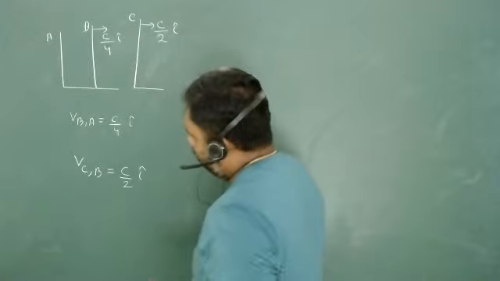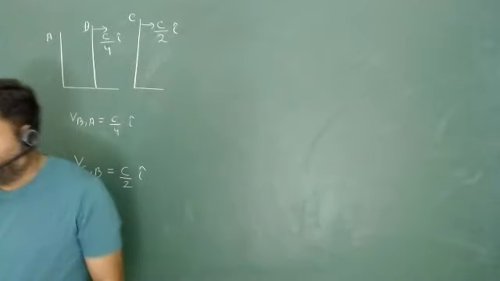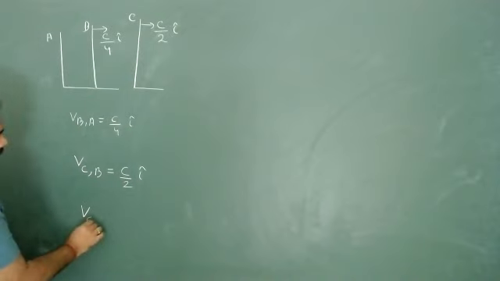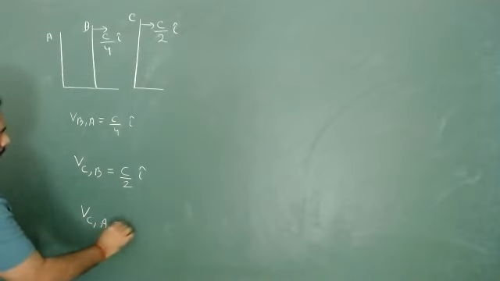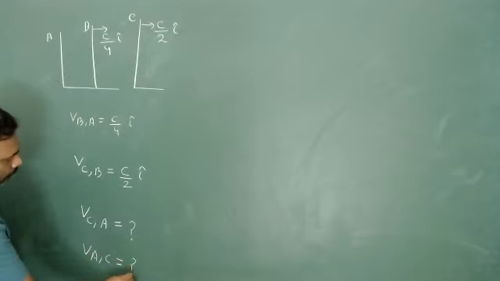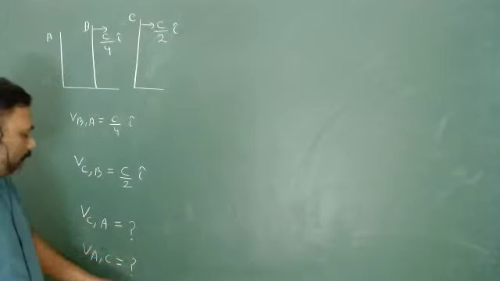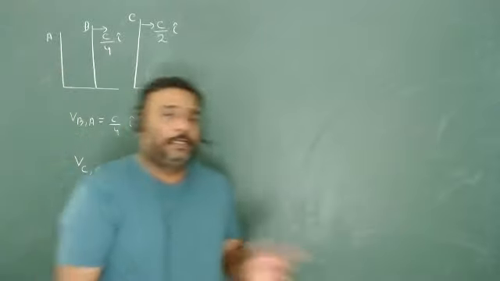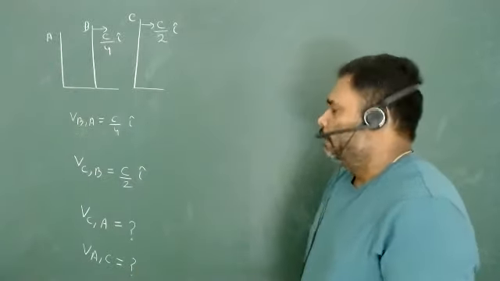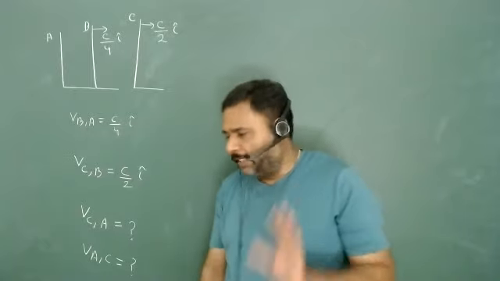What we have to calculate? We have to calculate velocity of C with respect to A. And then we will also verify what will be velocity of A with respect to C. Obviously, if this is some number, this should be negative, but we will verify with the help of Lorentz transformation and relative speed. Now, look at this thing very carefully.